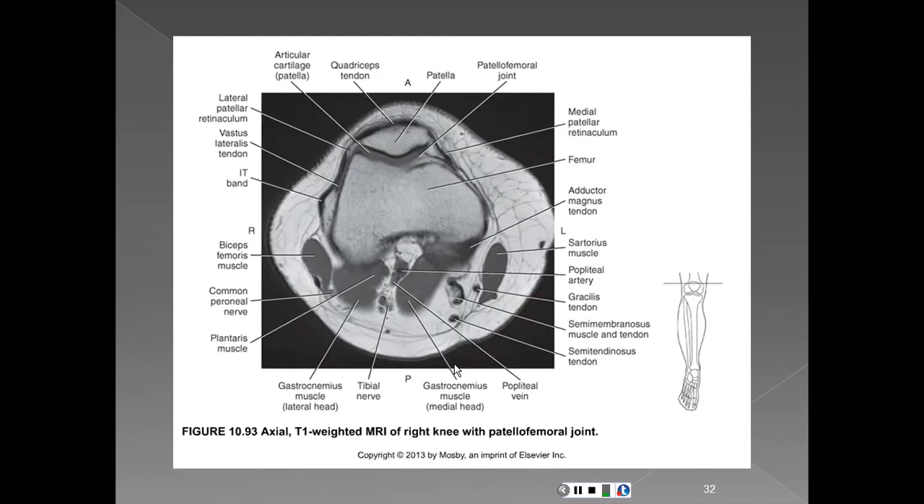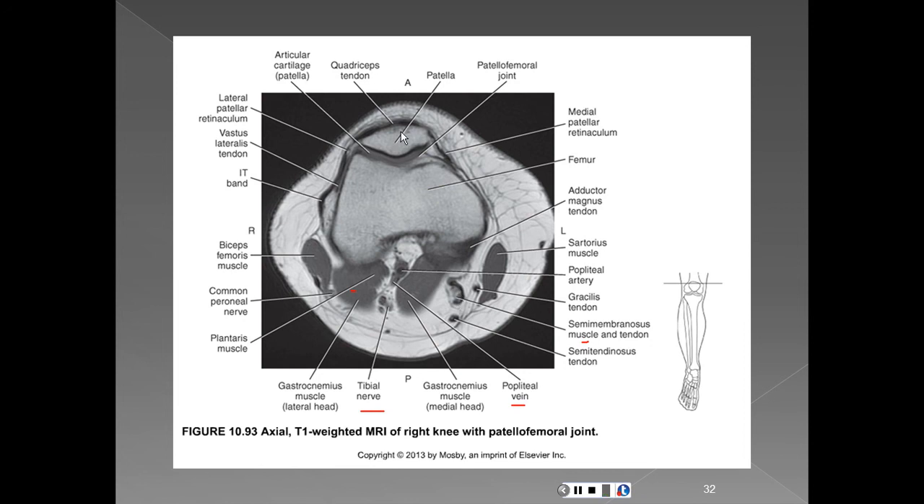So we have an axial T1 weighted MRI of the knee with the patellofemoral joint. Here we have the gastrocnemius muscle, which is short here, and it'll get larger as we go more inferior into the lower leg. The popliteal vein, the tibial nerve, semimembranosus muscle and tendon. So we know that if we want to see this get larger, we have to go more superior into the